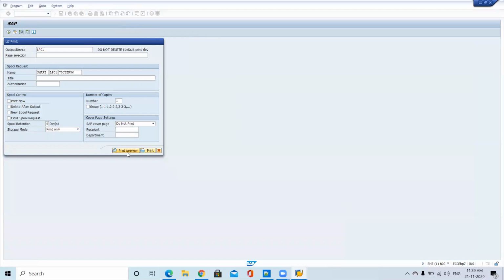Printer name. Click print preview. So now the output, both are the same. But in the quality system, now there is no issue. Why? Because we are calling in a different way. Otherwise, if you are not calling like this, in a development system it will work perfectly, but it will fail in quality and next level systems, whatever they may be, pre-production and production. In all the systems, it will go for a dump. Why? Because there is no function module available.